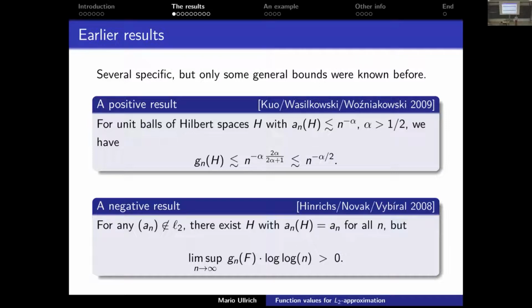That's the title of my talk. So instead of saying function values are almost optimal, I could in the same way have said random information is almost optimal. And this was really a surprise to us. Let me explain that. So these are the positive result and the negative result here. And you see we lose an order of 1/2 here, which we don't want.